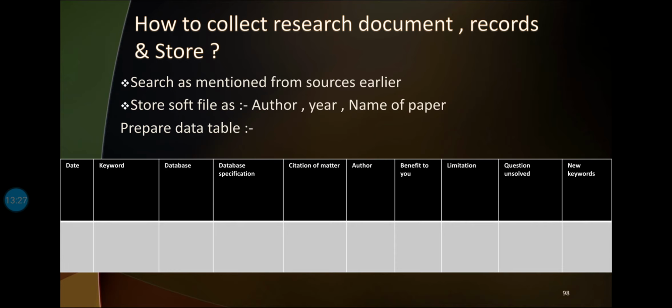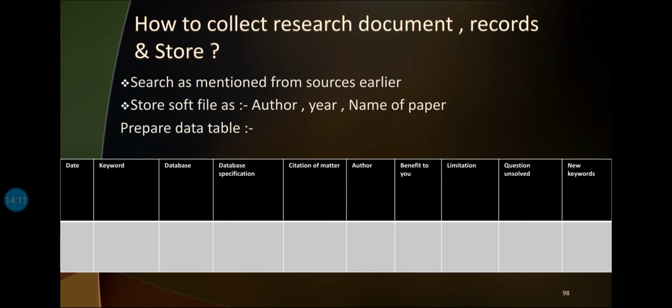Write down the limitation. There are two approaches for limitation. First, the limitation of that particular researcher's work: what limitation he or she suggested for their own work. Second, the limitation related to the utilization of the research paper you have chosen with respect to your own work. Again, one limitation is the work done by the researcher and what limitations they told about their own paper, and the second is the limitation related to using that paper in your own work.